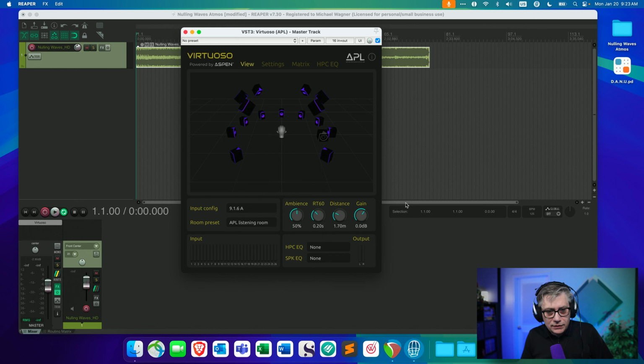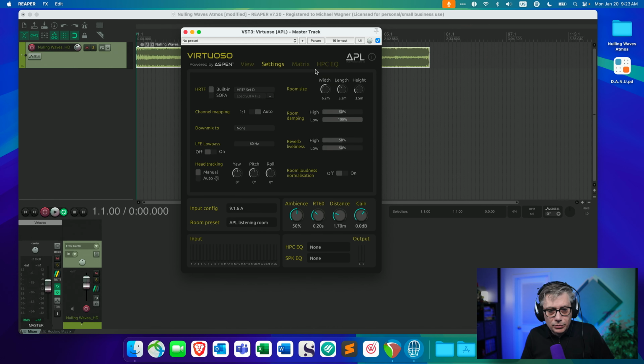So let's switch that, and then I need to go into the settings and make sure that everything is set correctly. First of all, be aware that this is a binaural renderer, so it's going to actually change the way you experience the audio, simply because it's going to create a binaural downmix. When we're talking about Dano as a nulling upmix, it is only nulling the direct stereo fold down. Obviously, if you're doing a binaural rendering of that Atmos mix or of that 9.1.6, it's going to sound a little bit different, and that's going to happen here.